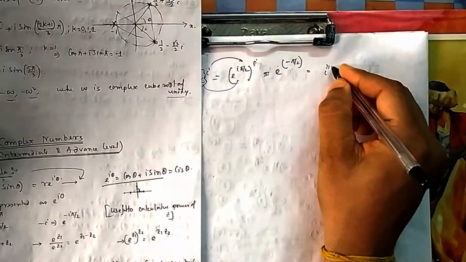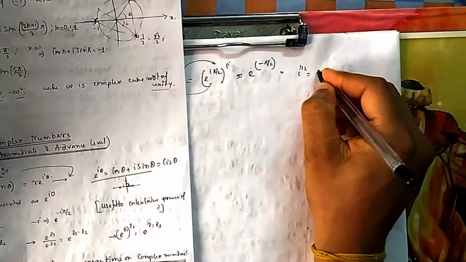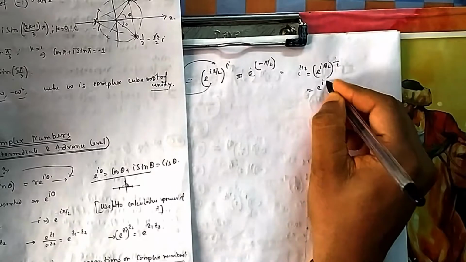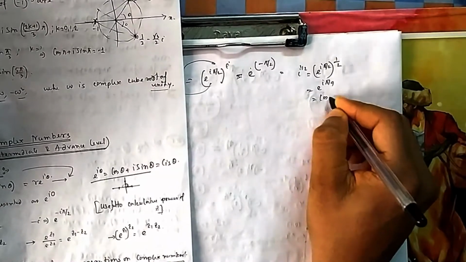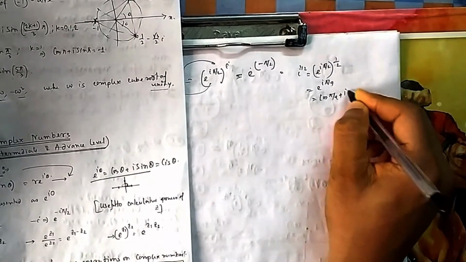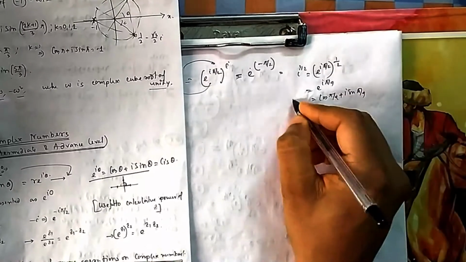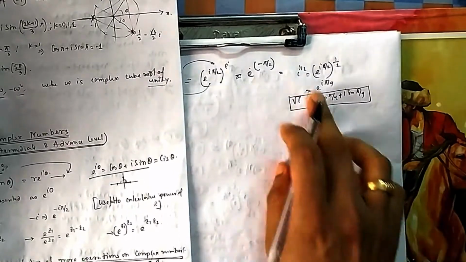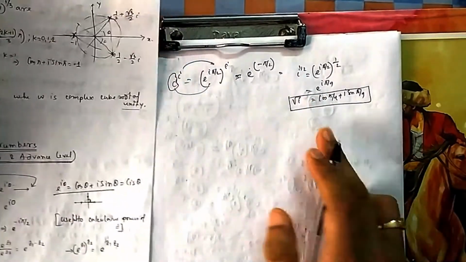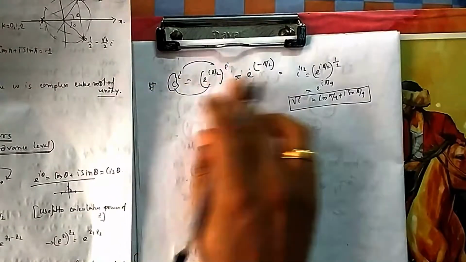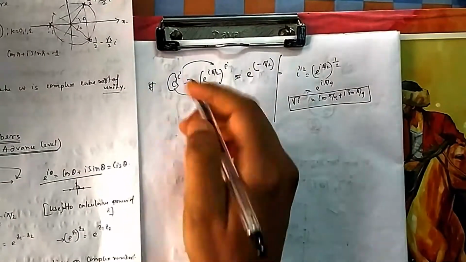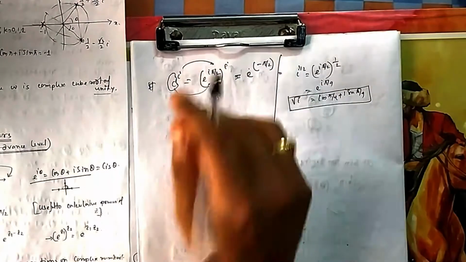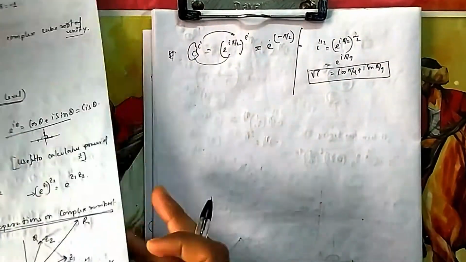Suppose i to the power half, then also it is very useful. E to the power i pi by 2, to the power half. So it will be e to the power i pi by 4. You can apply it now: cos pi by 4 plus i sin pi by 4. So this is the answer for square root of i. So you can easily find the square root of a complex number also using this method. So this becomes very handy. One such example I have shown you. Whenever something absurd pops up above the complex number, something comes in the power of the complex number, then this becomes very handy.